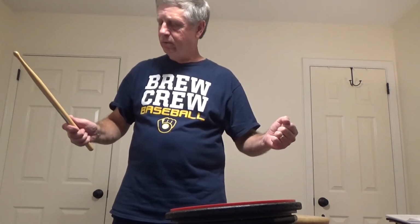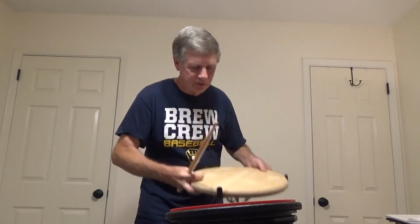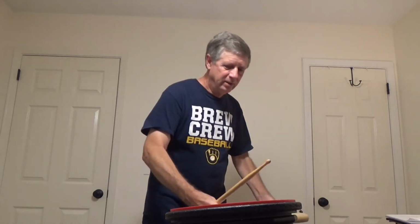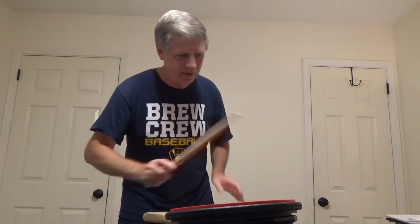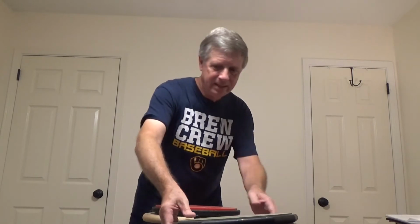As far as I know, oh, I've got this, but I bought this at Lowe's. It's just a big piece of round wood where I put all of my pads so that when I stack them up neatly,